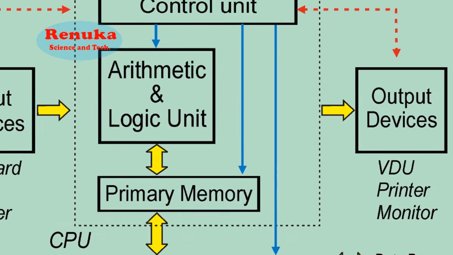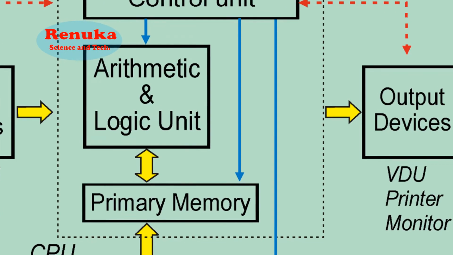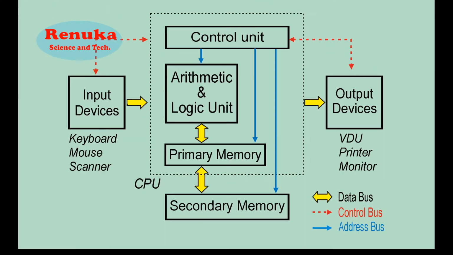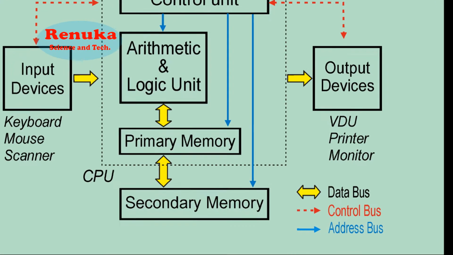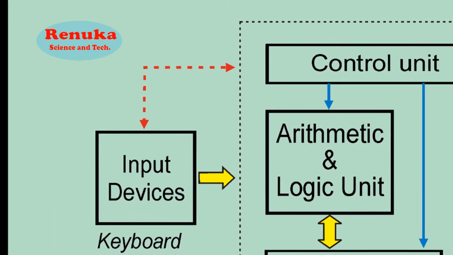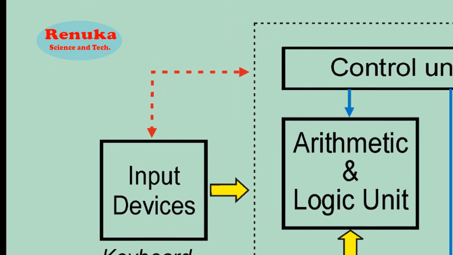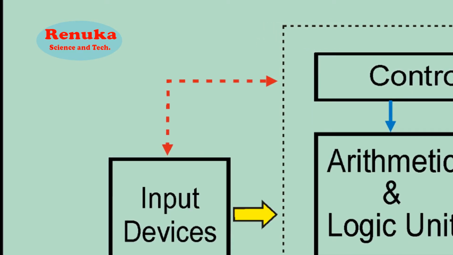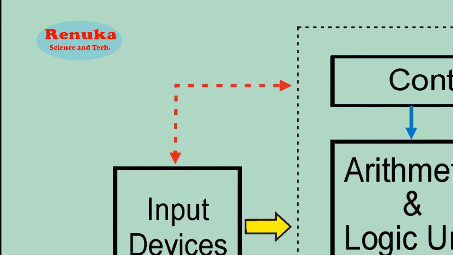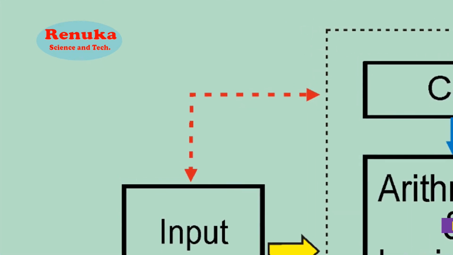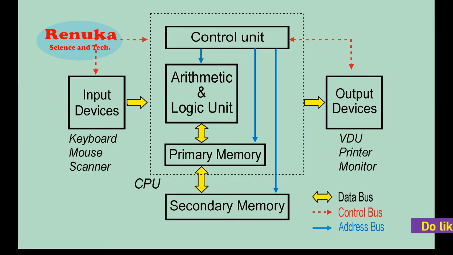One is called the address bus, which carries the addresses where the data is to be carried. The second bus is called the control bus, and this control bus carries the control signals, that means what function has to be done on the data. Since it carries control signals, that bunch of lines or bunch of wires or tracks is called the control bus. The third bus is called the data bus.